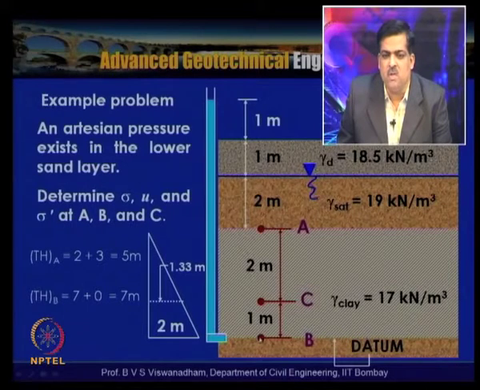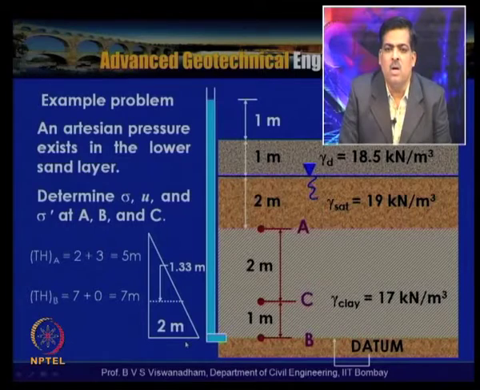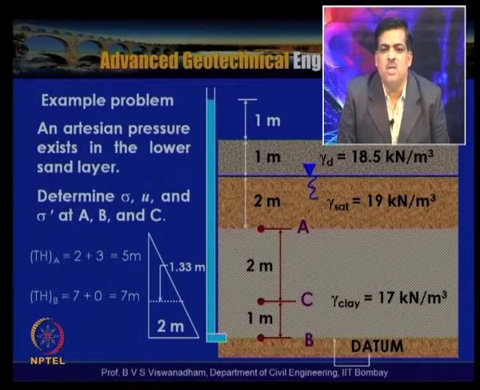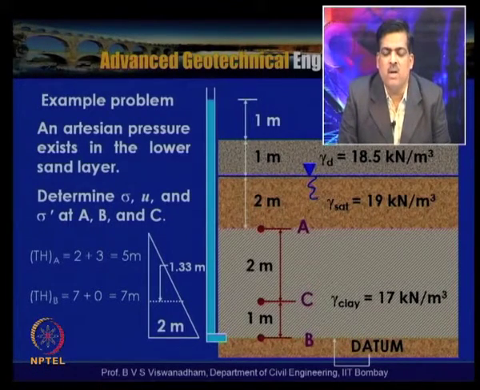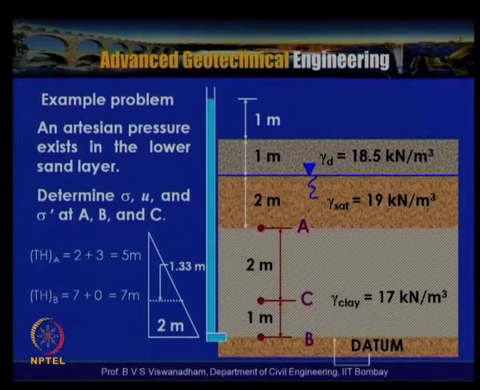And the total head at B, because here it is subjected to this, 3 plus 2 is 5, plus 1 is 6, plus 1 is 7 meters. So, this being the datum, the total head at B is equal to 7 meters. Because of this, the delta H which is available, the head loss here, is nothing but 2 meters, occurring over a flow length of 3 meters. C is a point which is 1 meter from the datum.